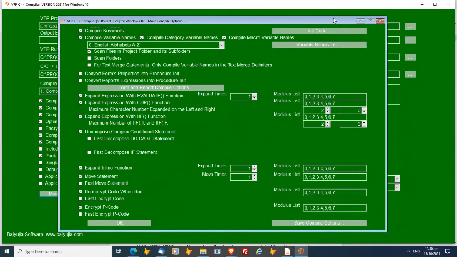Okay, and the other was, could you define certain variables to be of integer or long integer type instead of what they are usually in VFP? Okay, so for the first one,